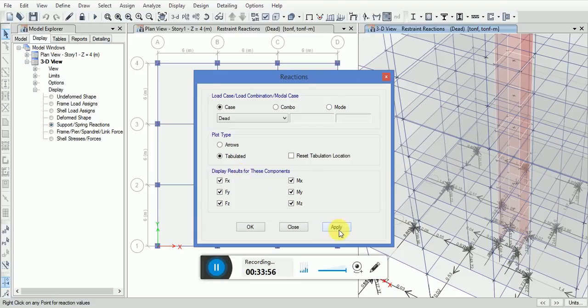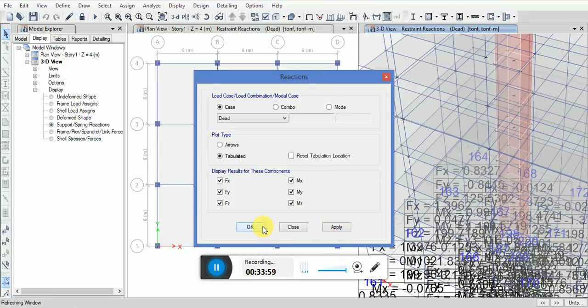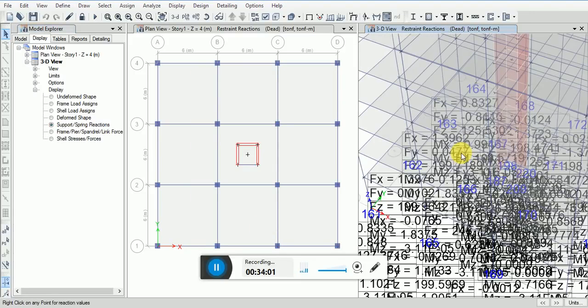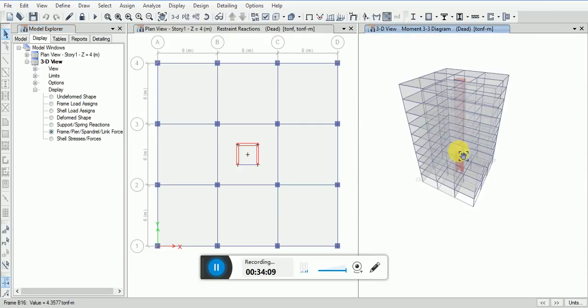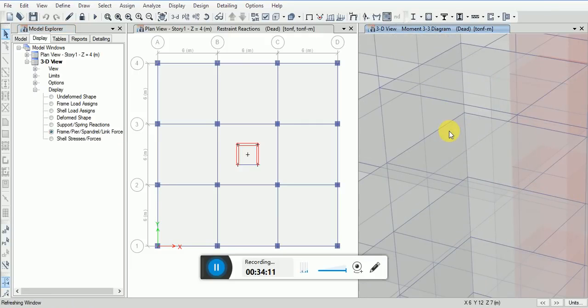Or you want to see in tabulated, you can see in tabular form. You want to see frame, for the piers,